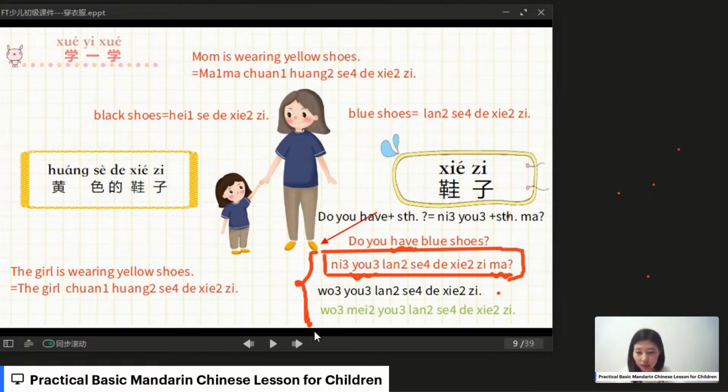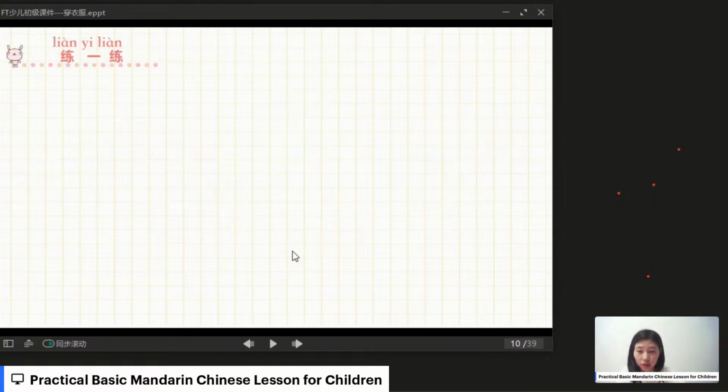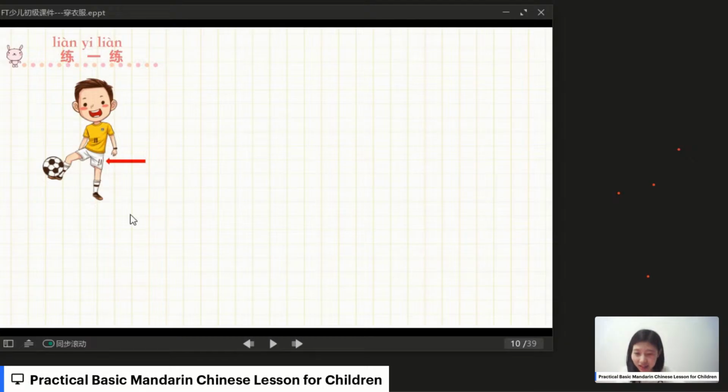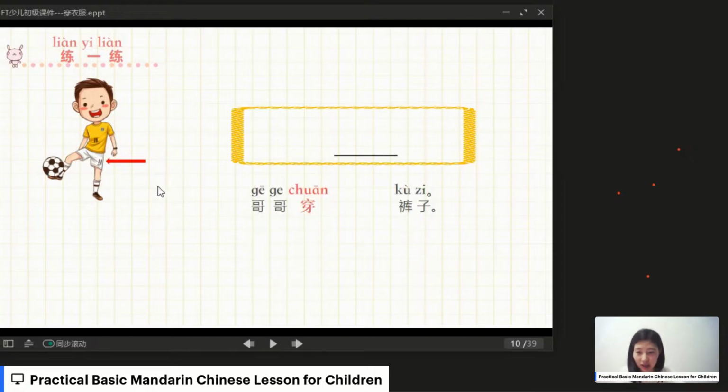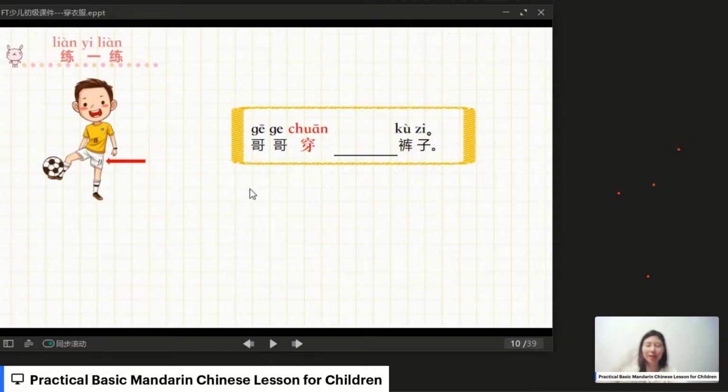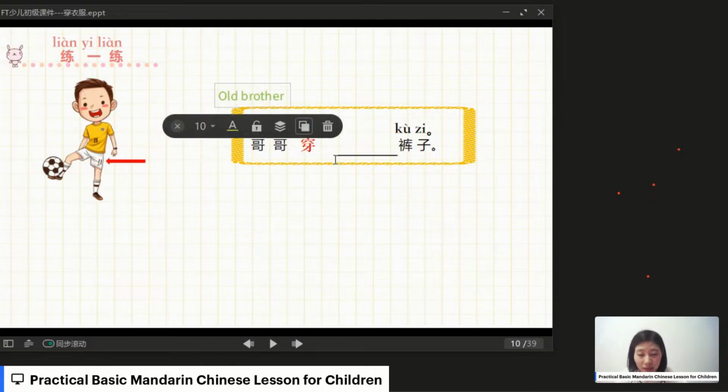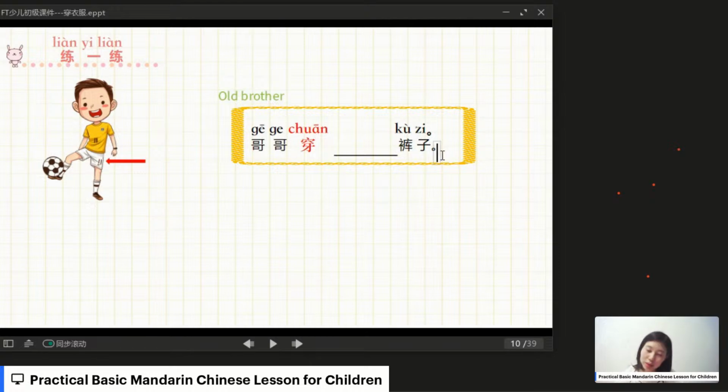So the next one, let's see. Okay, so what do we have? I think it wants to ask us what color these pants are. Also that would be the sentence. So this is 哥哥. 哥哥 means older brother. So 哥哥穿 blank 裤子. So now we need to add something here to describe the